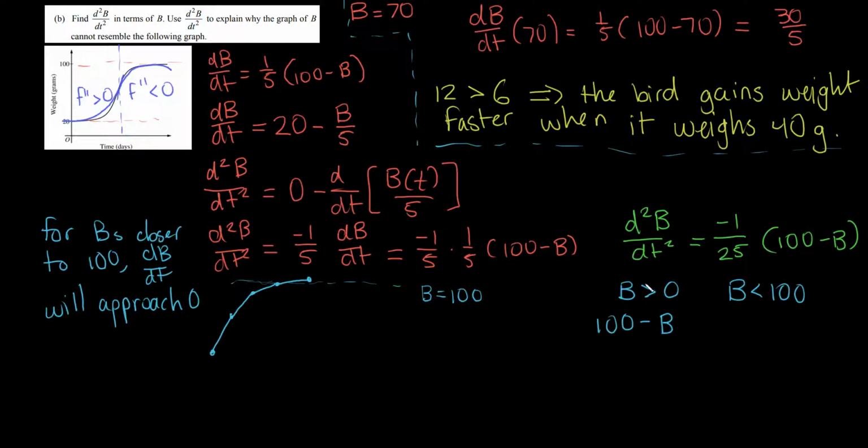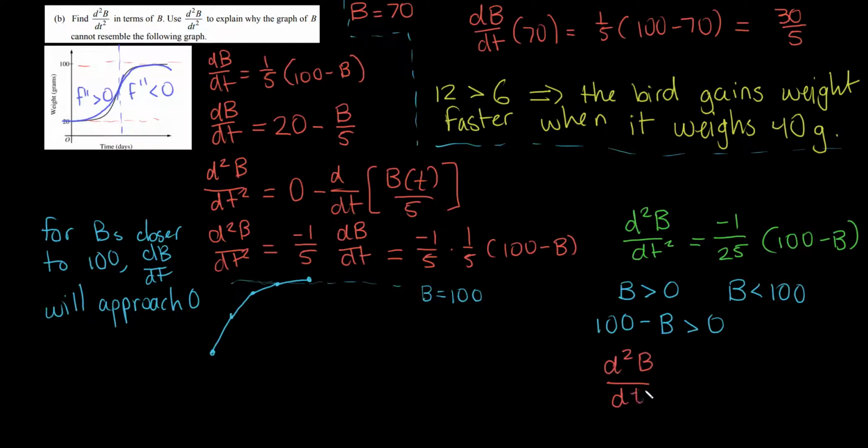So if b is always greater than 0 and less than 100, that tells us that 100 minus b is greater than 0. It's going to be a positive number. And because this is always a positive number, the negative 1/25 multiplying into it means that the second derivative of b